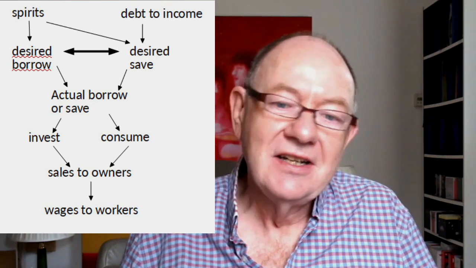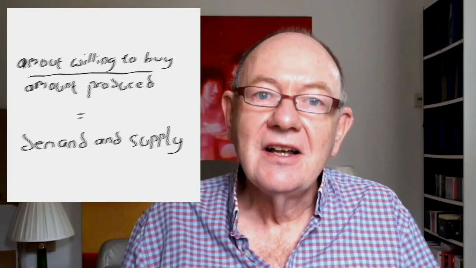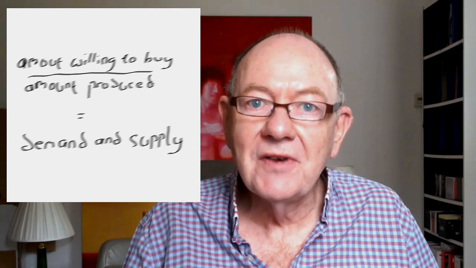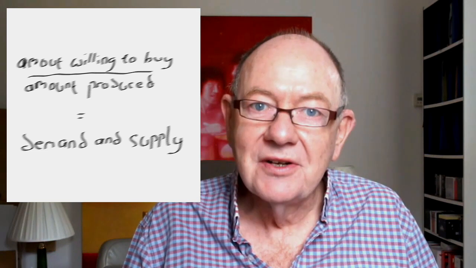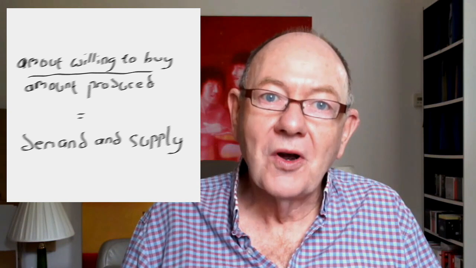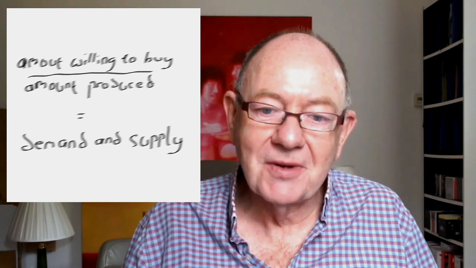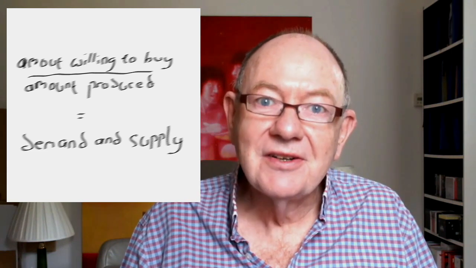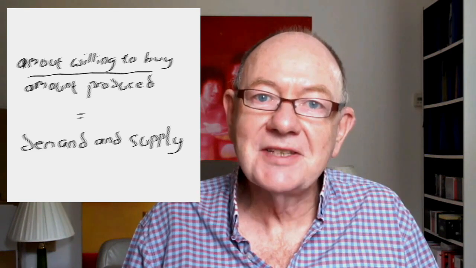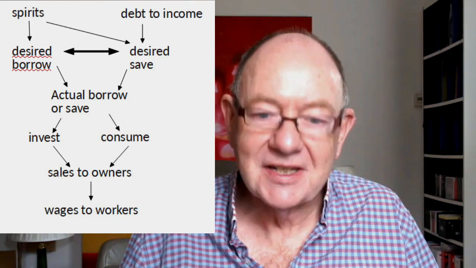And this will be adjusted myopically depending upon the supply and demand situation. That is, last period, did we have unsold products left over? In which case the demand was lower than the supply, or could we have sold more products than we actually had available? In which case the demand was greater than the supply. If the demand was greater than the supply, then we will put more of our available money into investment. If it was lower, then we will put less of our available money into investment.